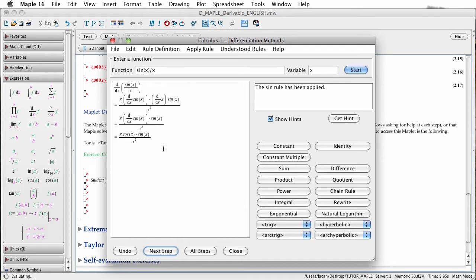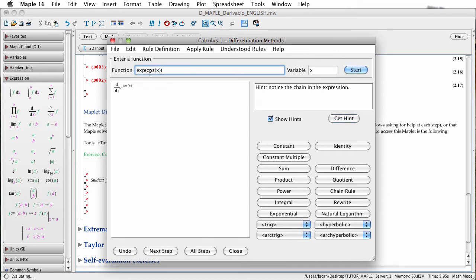So here you can learn, you can copy this and go to the tutorial if you want, but you can also compute, for instance, the derivative of the exponential of the cosine of x. In this case, if you do get hint, notice the chain in the expression, the chain rule, la regla de la cadena. So if we apply the chain rule, remember that if we have a composition of functions,